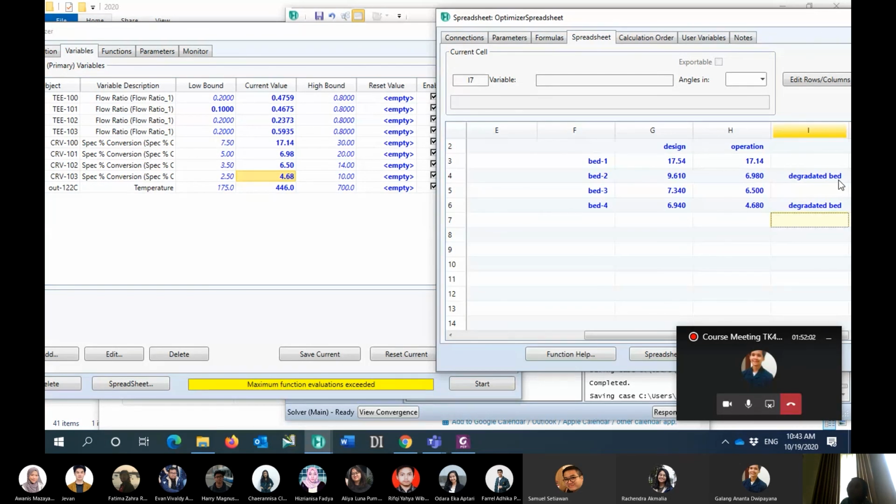Carbon can block the surface of the catalyst and cause deactivation. So there are many reasons for that degradation. What we do actually is not try to find the reason for the degradation, but try to find in which location the performance of the catalyst is reducing, whether in bed number 1, bed number 2, 3, or bed number 4.